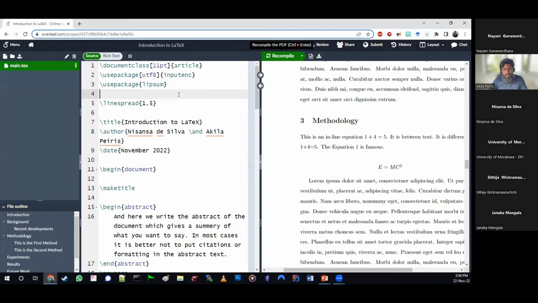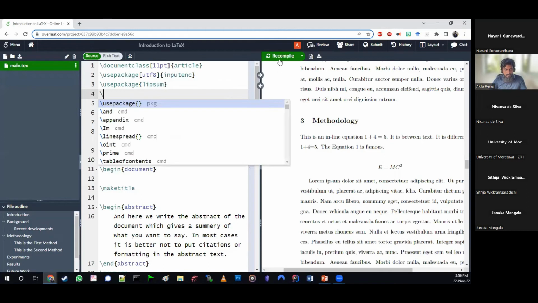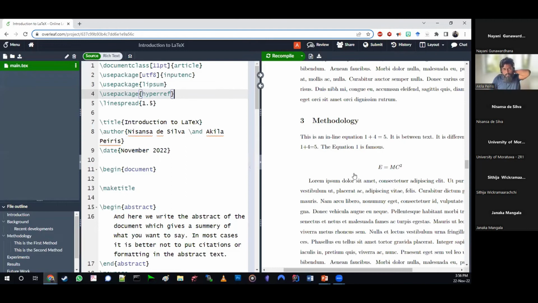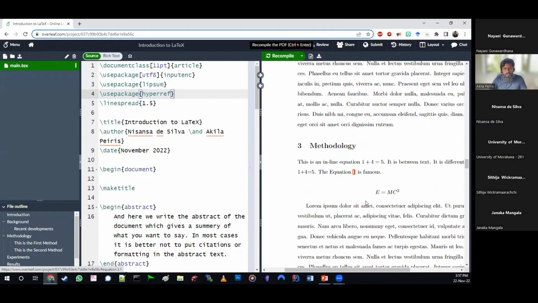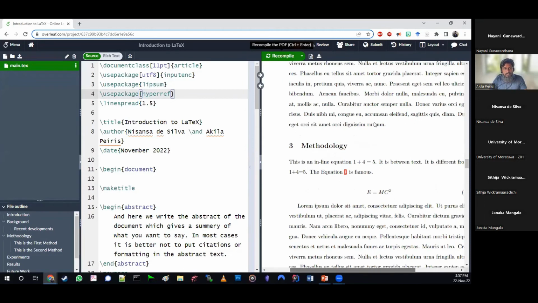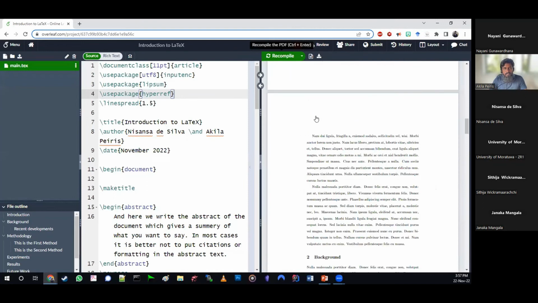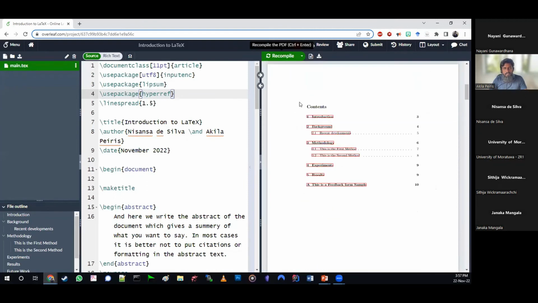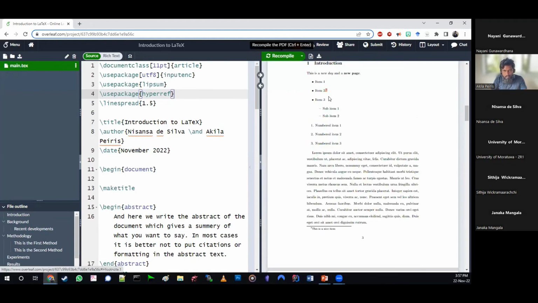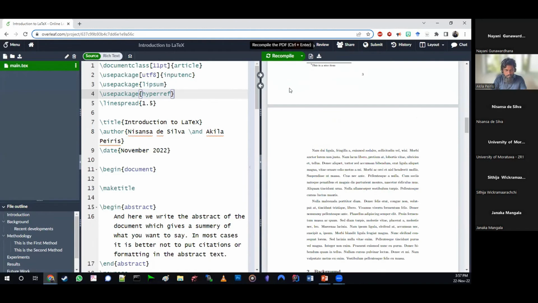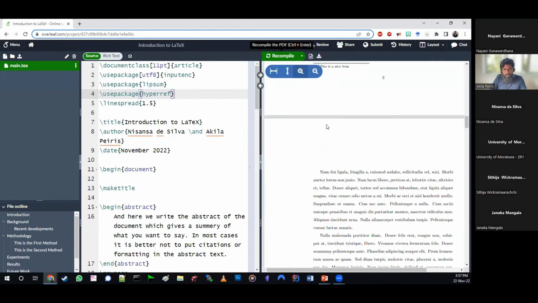Then all you have to do is to add something that I mentioned to you earlier, hyperlink. So now when I add hyperlink, these things are now coded, where once the PDF is created, we can click on these links and it will jump to where it is mentioned, and it happens with the footnotes as well. So all of those links were created just because I added this.